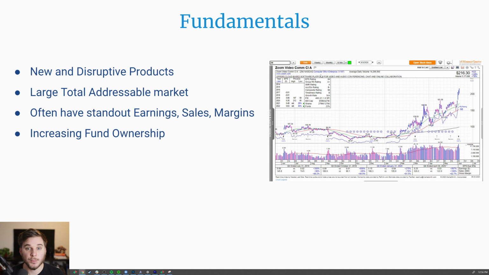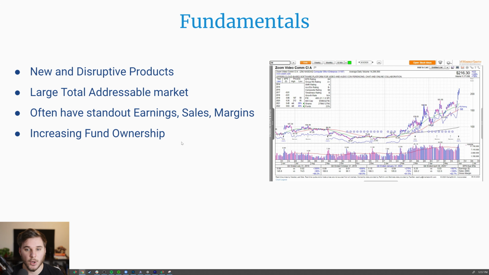So lastly, let's talk a little bit about fundamentals. We mostly touched on relative strength, but I think this is a very important side of finding market leaders. You want to look for companies with new and disruptive products, large total addressable markets, and they often have standout earnings, sales, margins, maybe a subset of that, maybe just good earnings, good sales, and they also likely